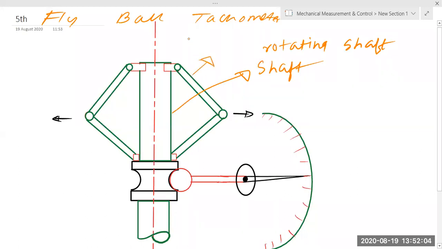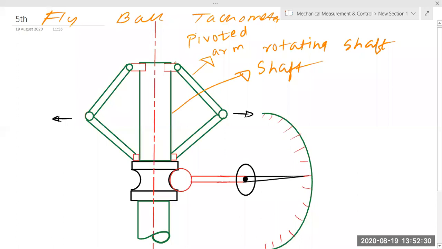I hope everyone can see. Since these are pivoted, a pivot is like your elbow, which is also a pivot. If something can move in 360 degrees, with respect to some constraint or less constraint, that is called a pivot. So it is called a pivoted arm. There are 4 pivoted arms if you can see.